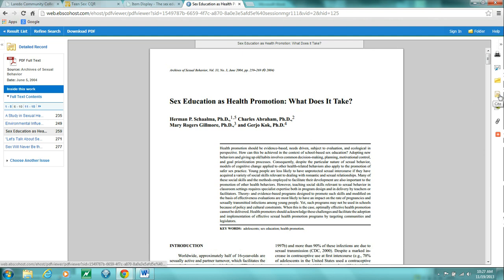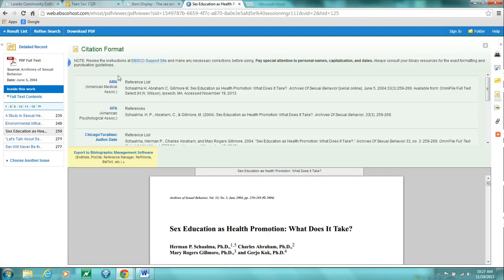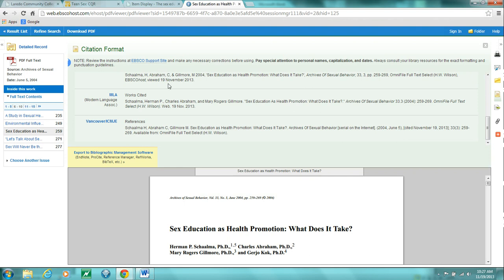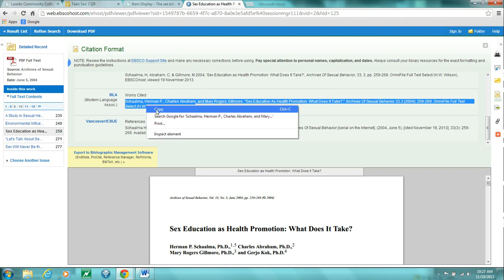Or I could just go over here on this right-hand side. See how it says Cite when I hover my mouse over it? It says Cite. And if I click that, it gives me a list of full citations in different styles. So I scroll down to see MLA. I don't have to click MLA, it's actually already here. So I'm going to go ahead and highlight this citation, right click it, copy it,